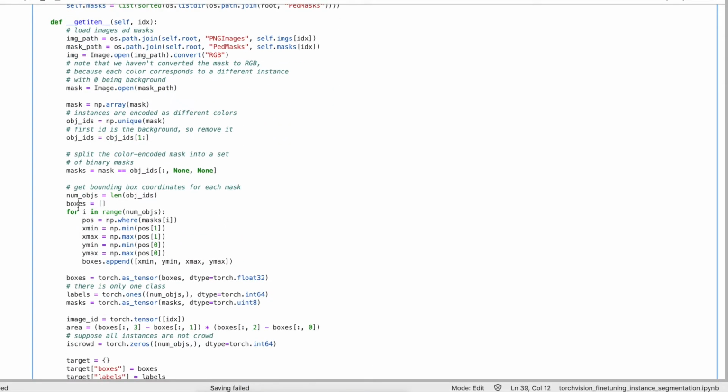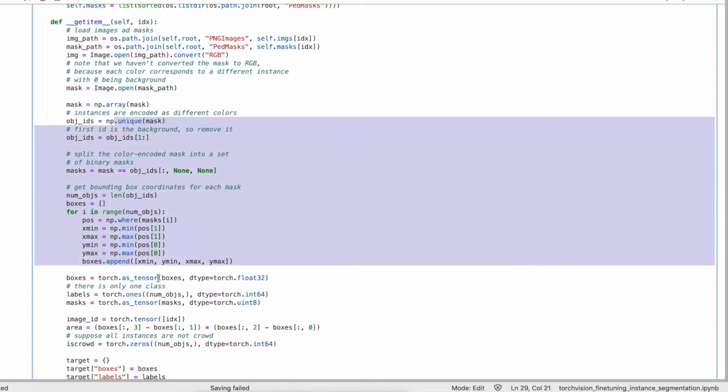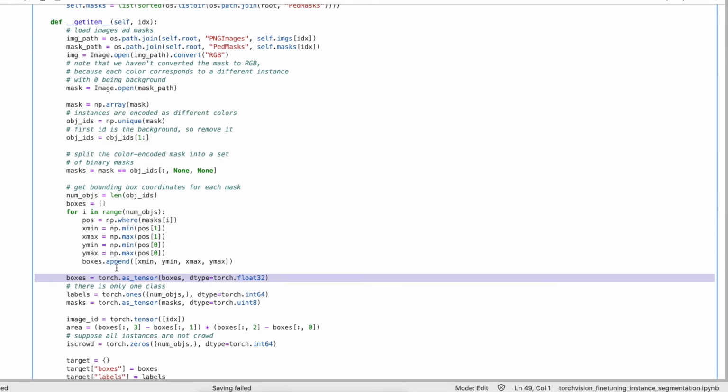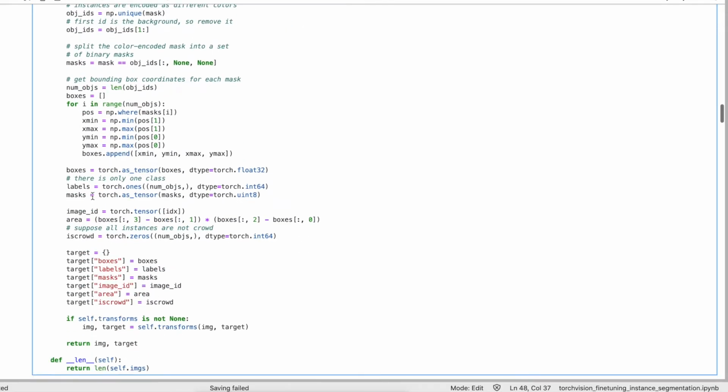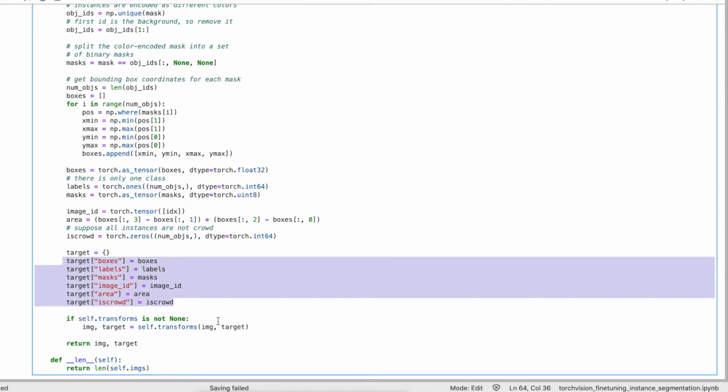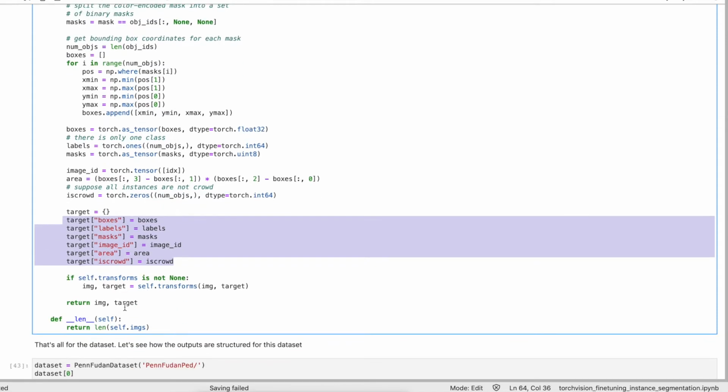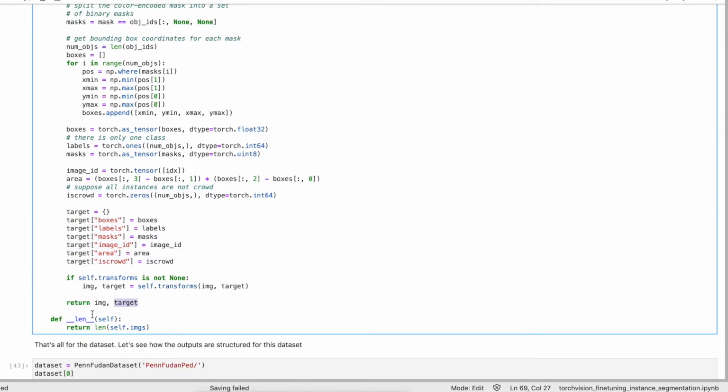We take all the information and convert it into PyTorch tensors: the boxes tensor, label tensor, mask tensor and image ID tensor. We convert everything into tensors, create a dictionary, and pass this dictionary as the target along with the image.